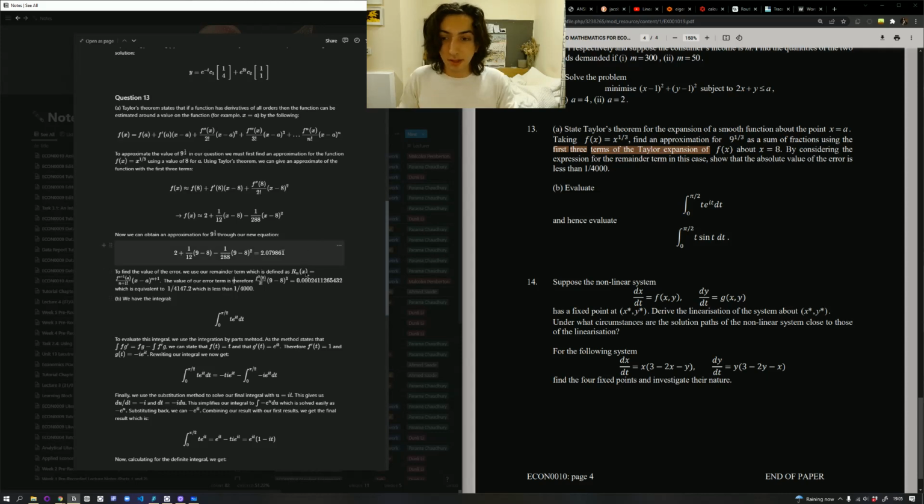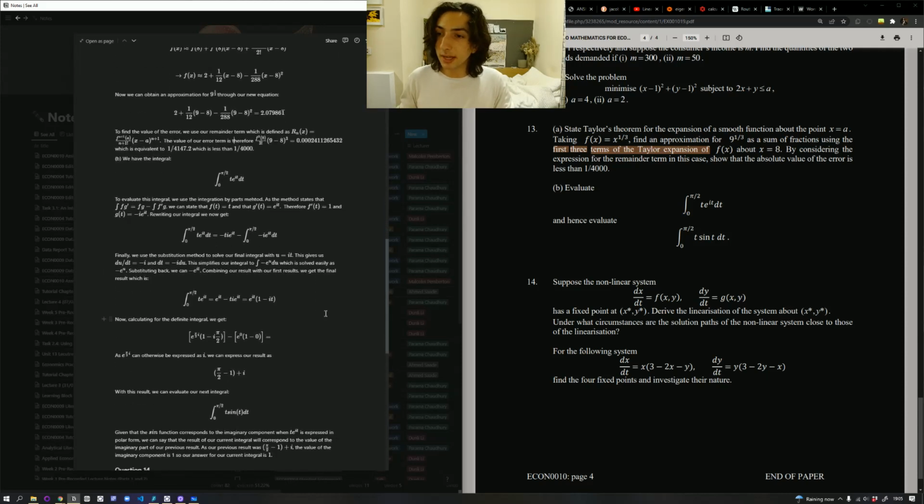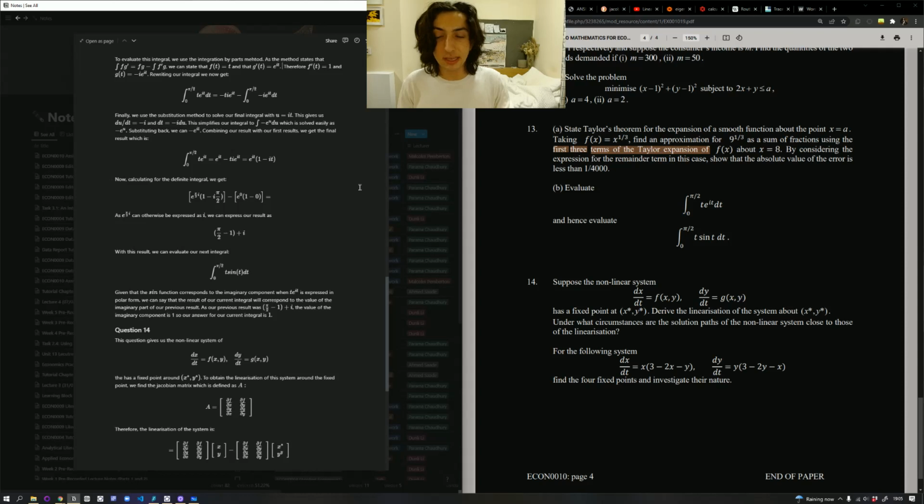So there you go. Now, for the integral, we have t times e to the it. Now, this is going to be a complex question because it's about complex numbers, not because it's like complicated. So first of all, I assume you guys know how to integrate. So we're just going to integrate this normally. We integrate this via integration by parts, and you should eventually get the result of e to the it brackets